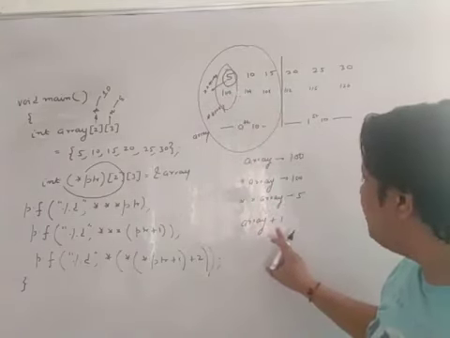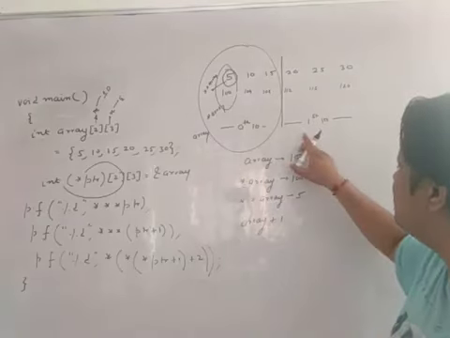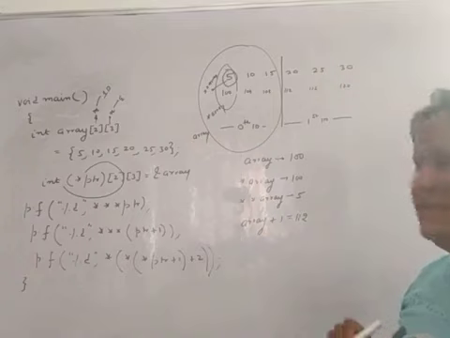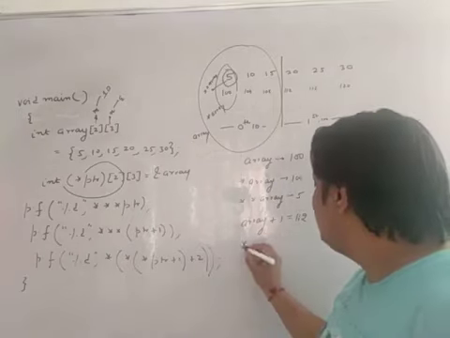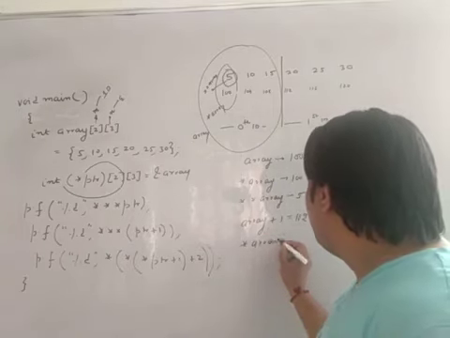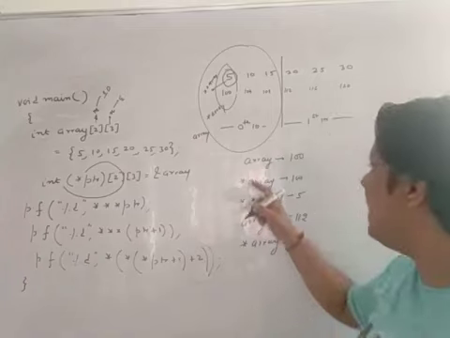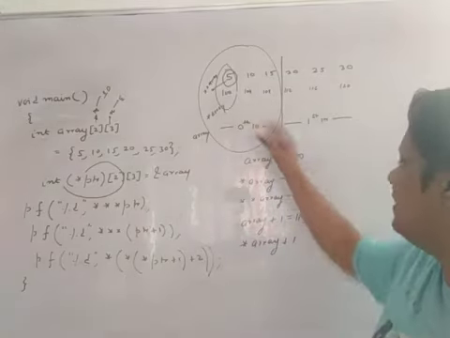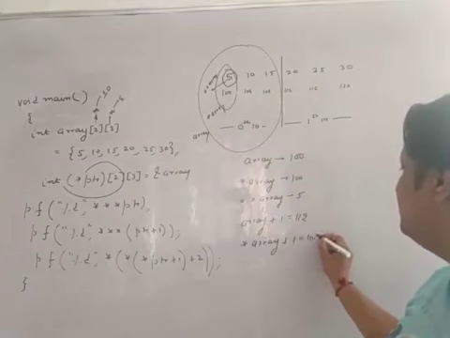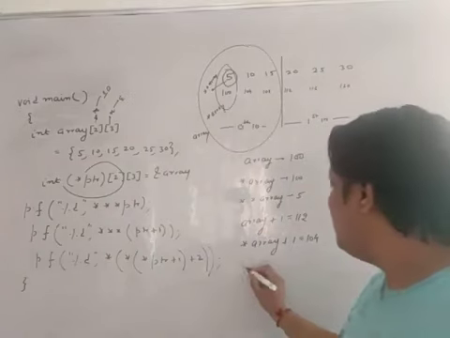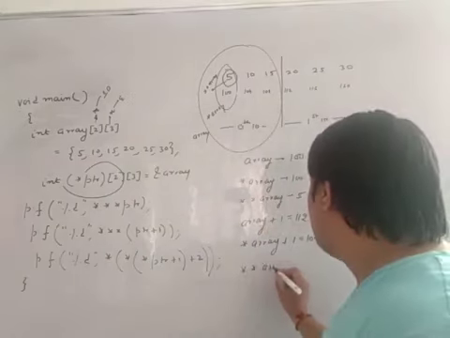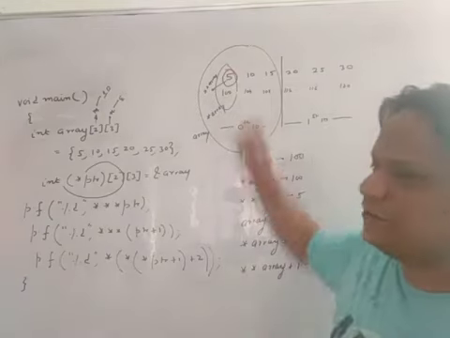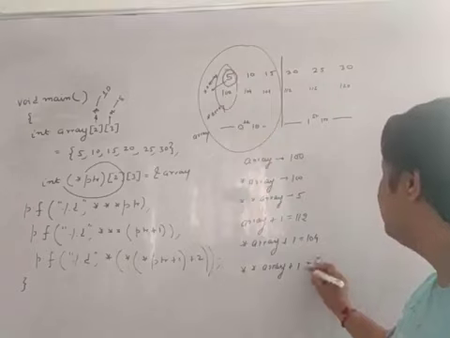So when you write array plus 1, you move to the base address of the first 1D and the base address of the first 1D starts from 112. So this is 112. And if I write star array plus 1, so the star array's base address of the 0th element, when you write plus 1, you move to the base address of the next element, which is 104. And if you write star array plus 1, so the star array means the value, which is 5. 5 plus 1 is 6.